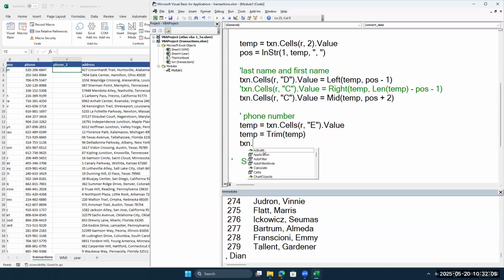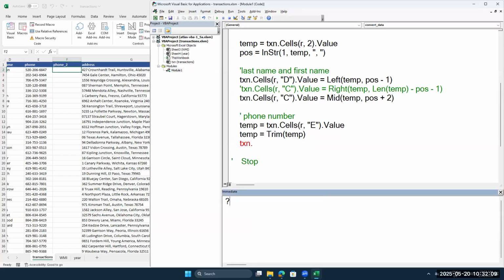And here's what that looks like. In fact, let me come down here. I'll do it in the interface. Well, I'm not in break mode right now, so I'll just write it up here. txn.cells, we're going to refer to the row, and this time we're going to refer to column F, dot value. So we're going to put something back into the spreadsheet. What we're going to do is split, and that's the name of the function. Split our temp, and our delimiter is going to be